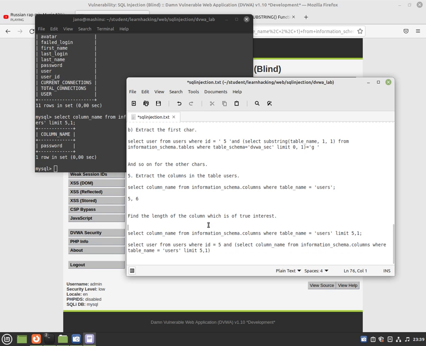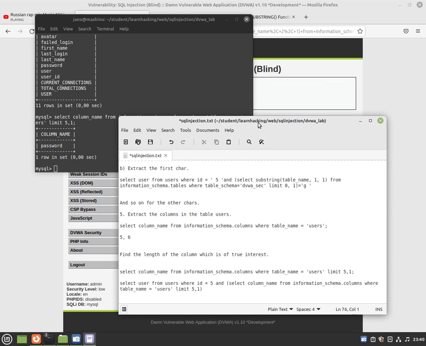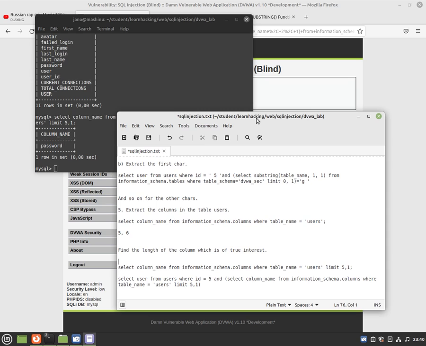I just need the user and the password, the hash, so I can crack them and log in as another user and maybe as an admin. I am an admin, but I just want passwords for other users, because that's the purpose, to extract data. Password and user are the interesting columns in here,